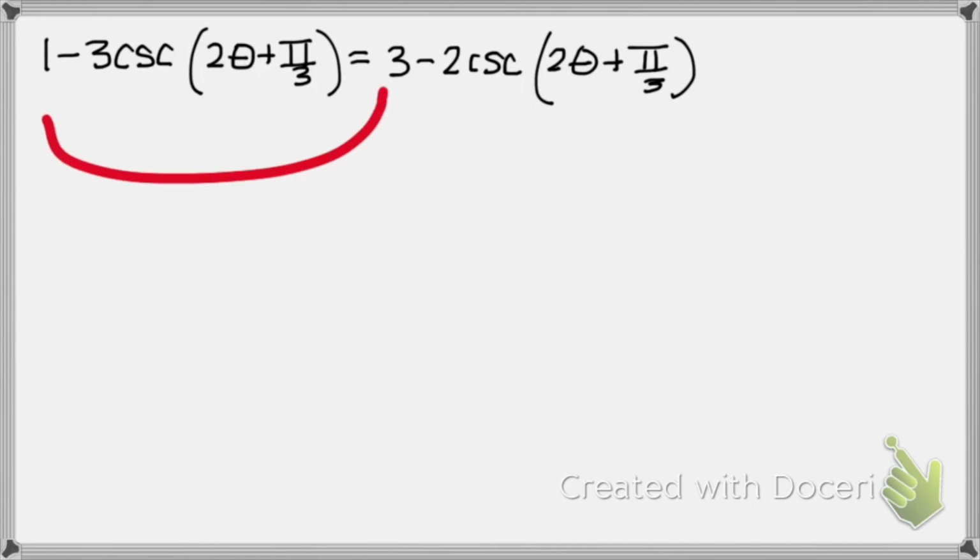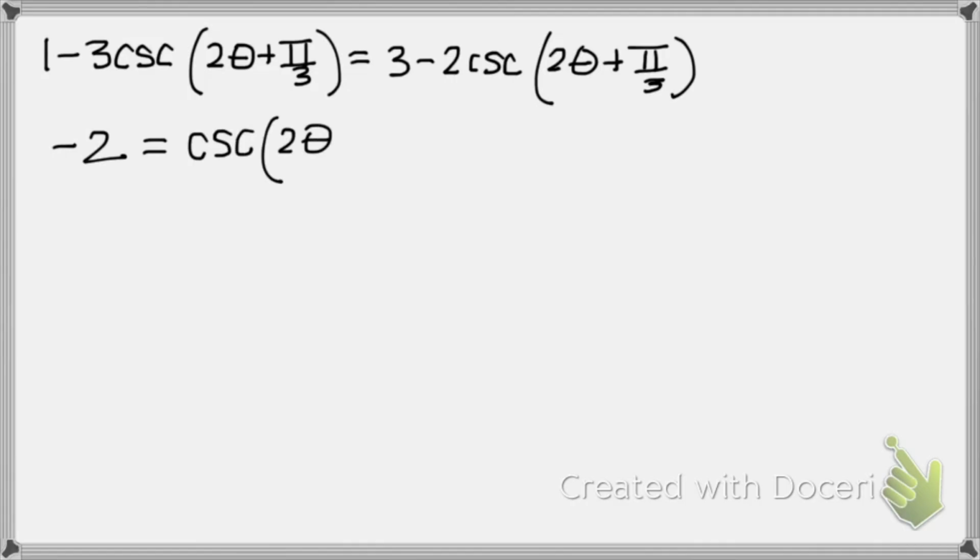And then I'm going to move this 3 over to this side, right? So on the left, I'm going to have 1 minus 3 is negative 2. And on the right, I'm going to have, that's 3 minus 2 is 1 cosecant 2 theta plus pi over 3. And as I've said many times, if you're taking pre-calculus with me, if this were an angle, theta, then I would be saying, what angle has a cosecant value of negative 2? And